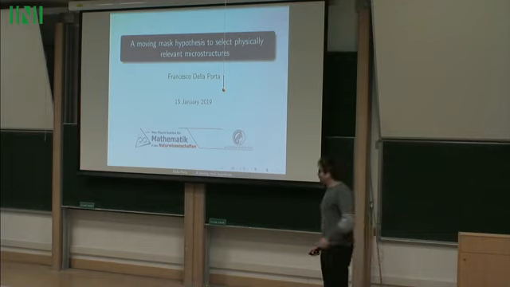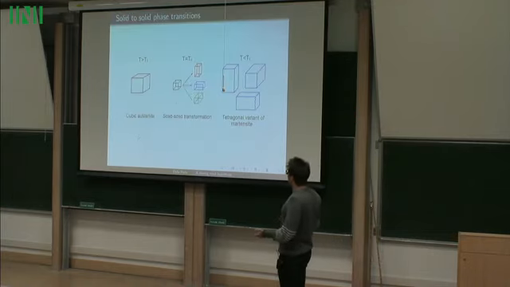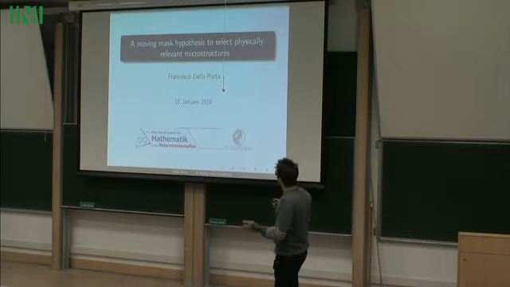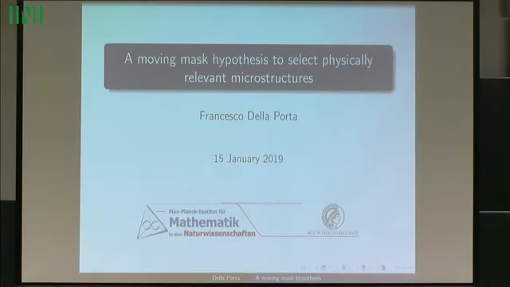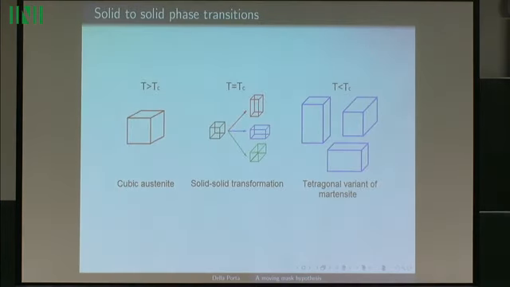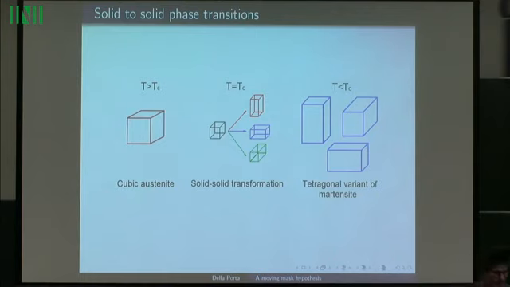Thanks. So, yes, I'm going to talk about moving mask hypothesis or approximation to select physically relevant microstructures. And by microstructures, I mean microstructures arising in martensitic phase transformations. As you have heard right before, martensitic phase transformations are transformations from a solid state to a